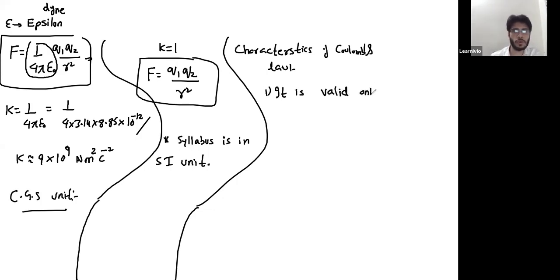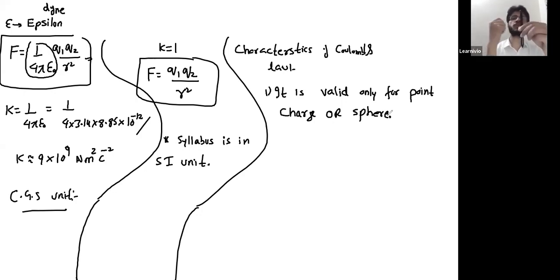Or sphere. You can use Coulomb's law either for a point charge or for a sphere. You cannot use it for objects of finite size. Say if I take this pen and this hand, let's assume that this pen is positively charged, hand is negatively charged. Then both will attract each other with electric force. But you cannot calculate that electric force directly using Coulomb's law. The result is this pen is not a point charge, this hand is not a point charge. You can use Coulomb's law only if both the objects are point charges. So it's valid only for point charges or sphere.